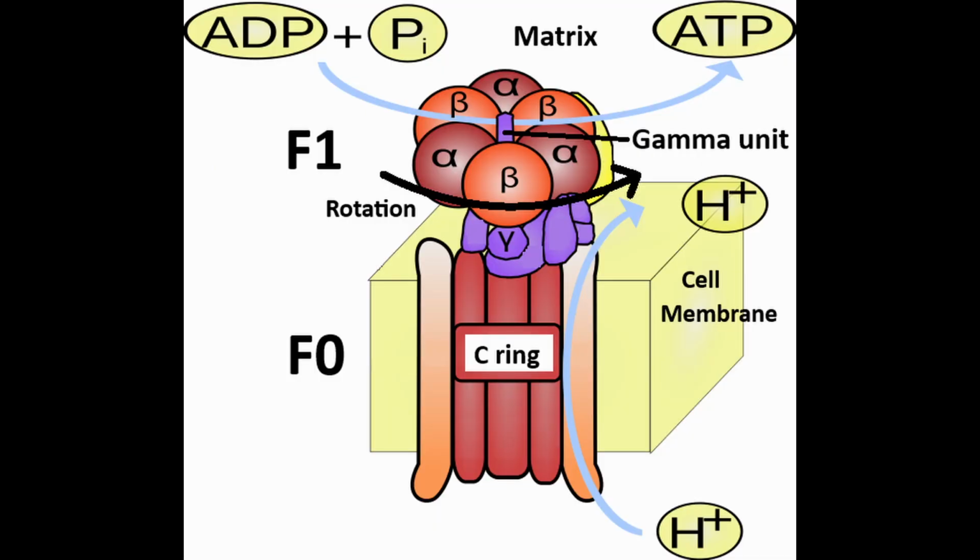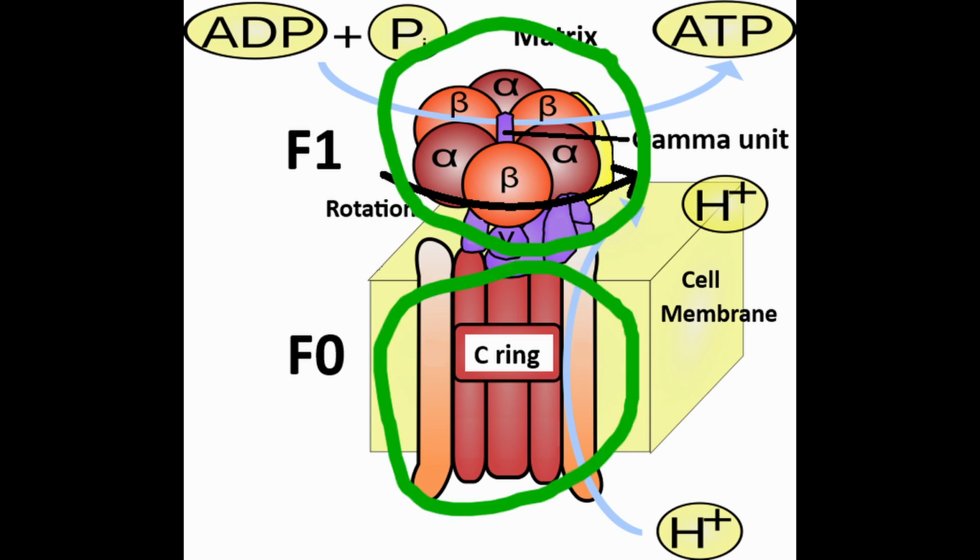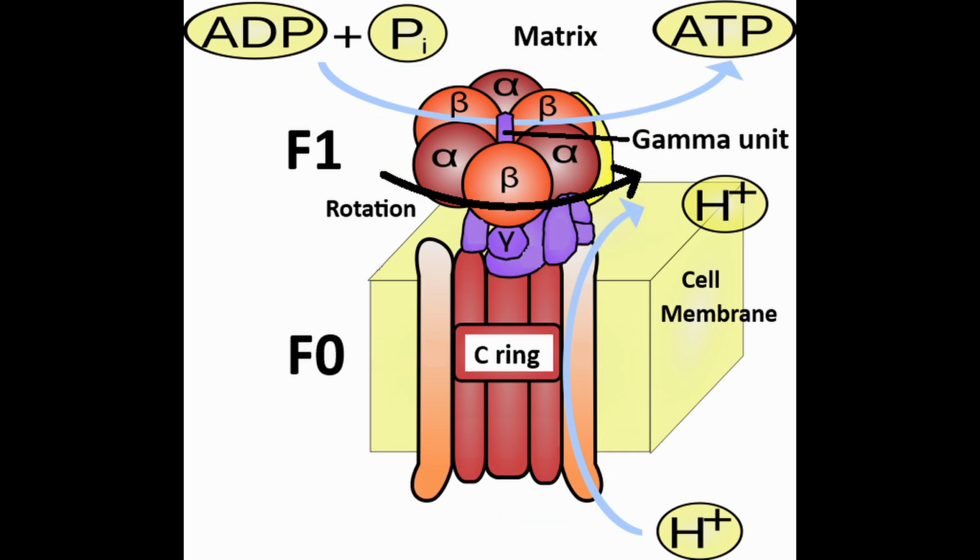In order to do this, the cell uses a truly amazing device called ATP synthase, or complex 5. This is quite literally a small nano-scale motor. It consists of 2 multi-protein units that are connected together through a rotor stalk called the gamma unit. The base of the stalk is housed within the inner membrane, and it's called F0. The head of the device at the other end of the stalk is called F1, and it is positioned within